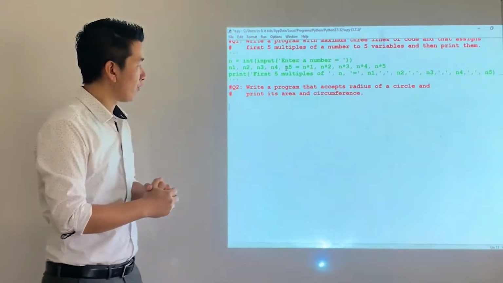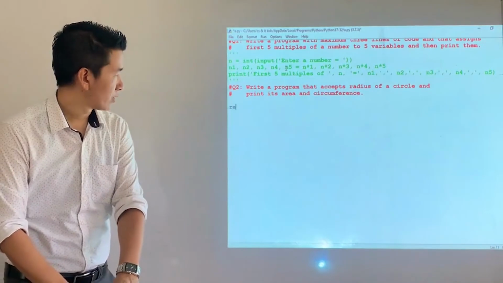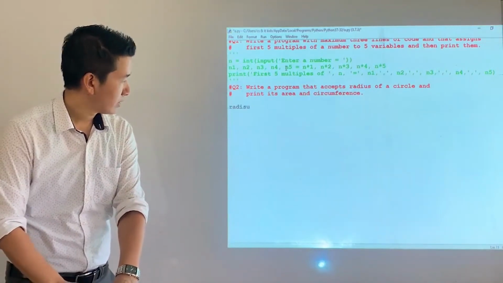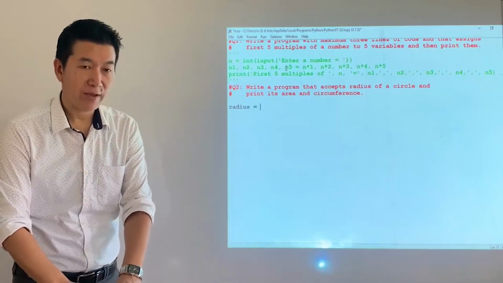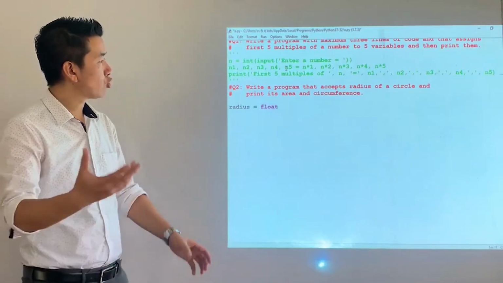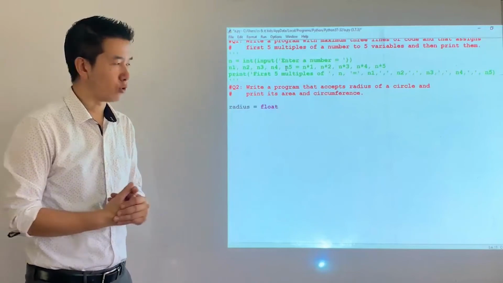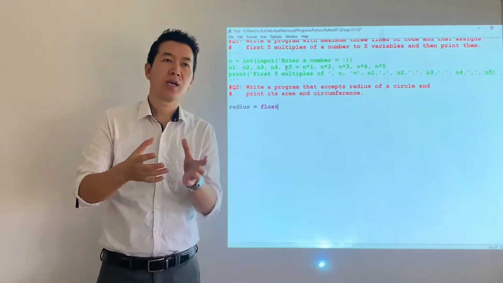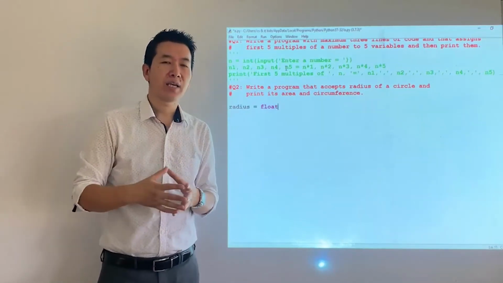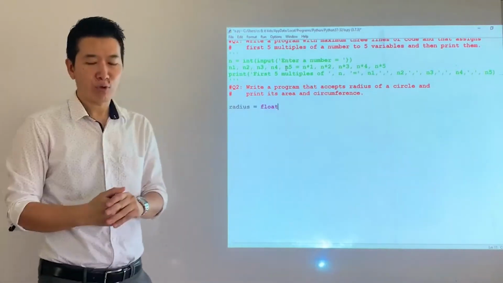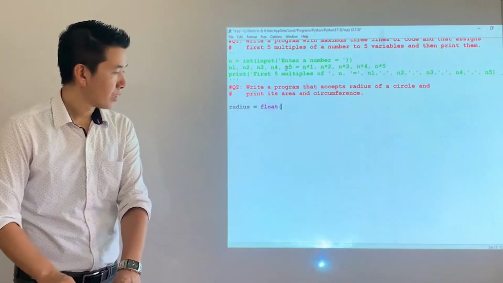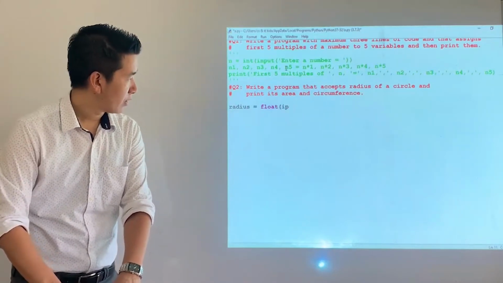So first things first, let's get the radius. Radius is equal to. Now this time I should have the conversion function as float, since I will be getting the answers in real number form. I have to use the float data type, right? And then as usual, you will have the input,